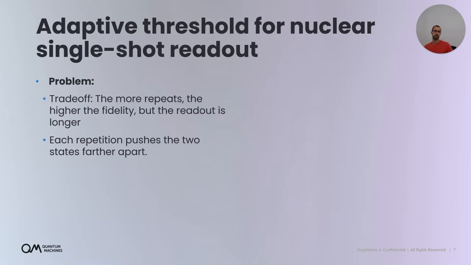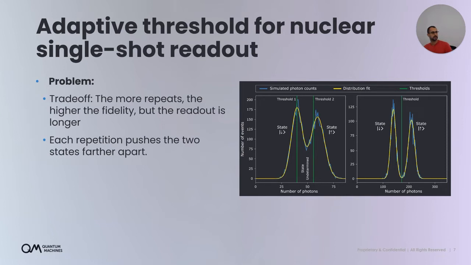So if you take a look at this simulated graph, you see that we have the two states, and let's say we did 2,000 repeats, then we get the graph on the left side, and we have the two states. And if we have a large number of counts, let's say in this graph 75, 70, something on that, we can safely say that we're in the up state. If we have a very low number, 30, then we can safely say we're in the down state. But what we usually do, we do a very large number of repeats. We push the two states further apart until they're clearly separated.